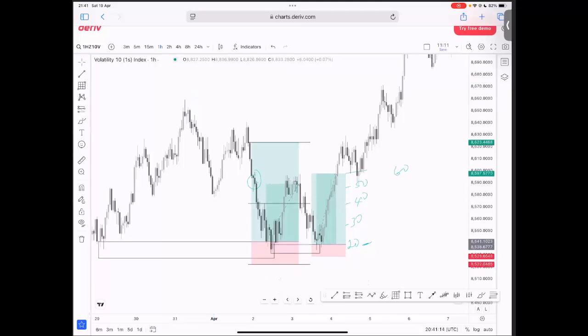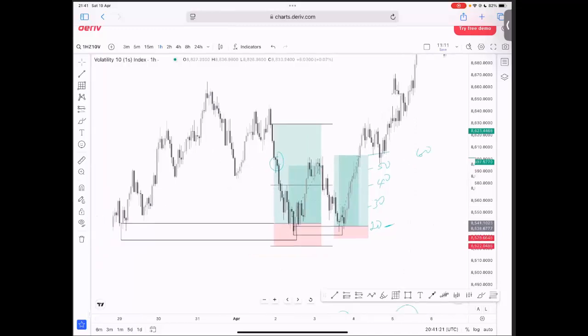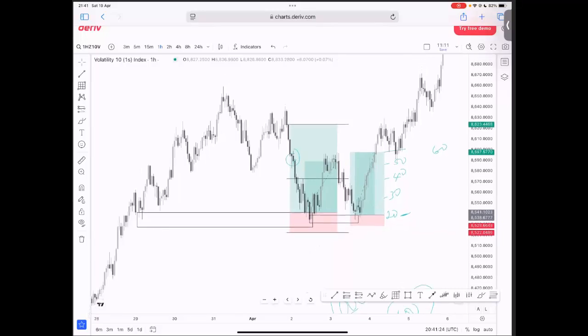So let's look at some of the recent price actions on some of these pairs. And the first one is going to be what? The volatility 10S and volatility what? Okay, volatility 10S. This one is 10S. Now, when it comes to volatility 10S, I told you that when price mitigates your entry, the next thing you